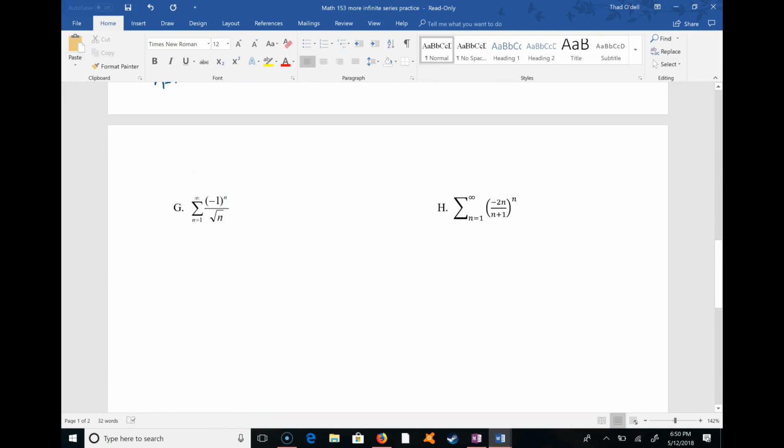Okay, this is a great one for the alternating series test, I think. Let's use the alternating series test. So we pick our b sub n to be equal to 1 over the square root of n. And we show that that's positive. B sub n is positive for all n greater than or equal to 1, and also b sub n is decreasing